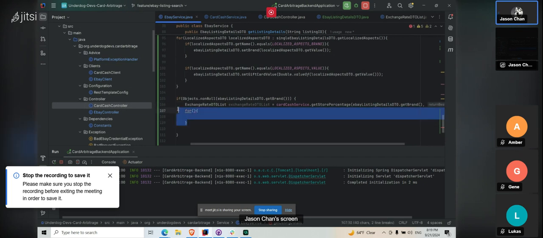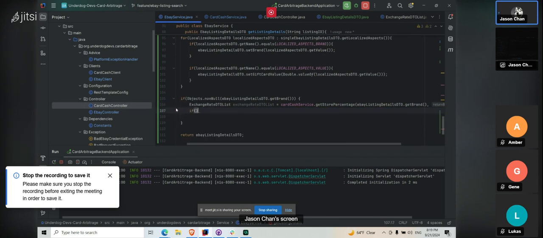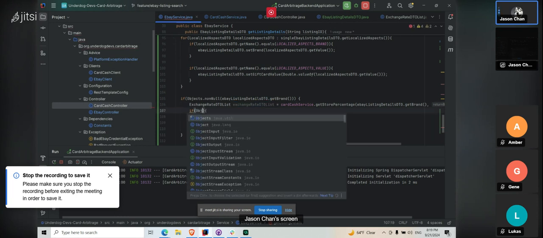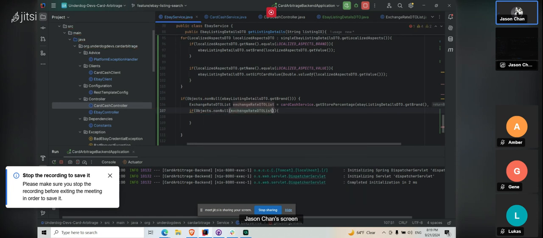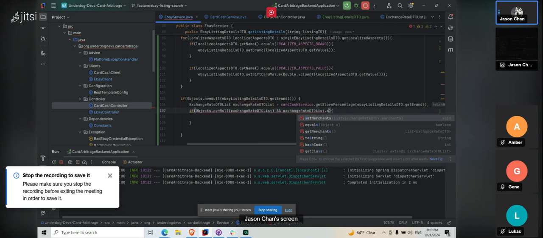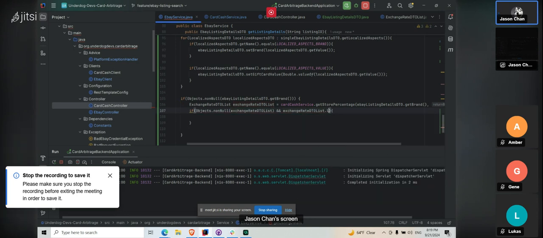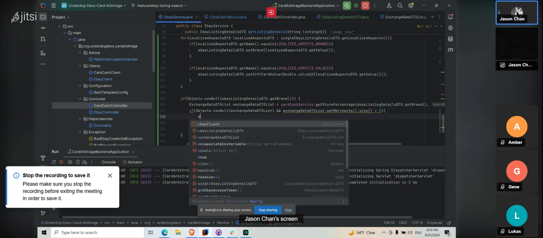So if the exchange rate DTO list, objects dot non-null exchange rate DTO list, and the exchange rate detail list dot get merchants dot size is larger than 0, then what we're going to do is grab just the one and only item in the list, right? So we're going to do something like a